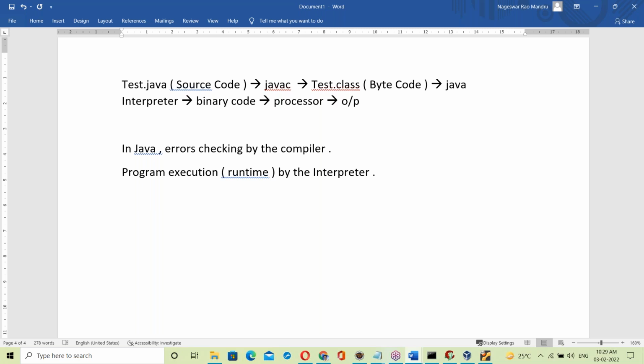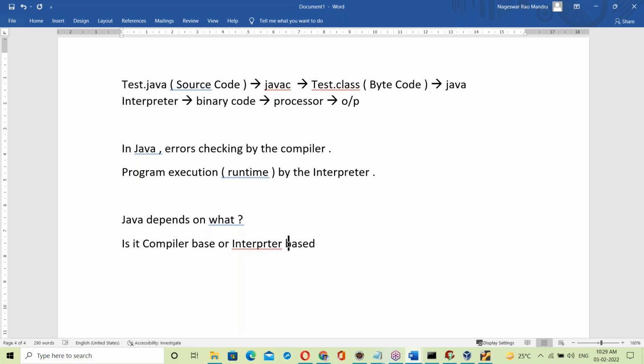Now tell me, Java depends on what? Is it compiler based? Compiler based or interpreter based?